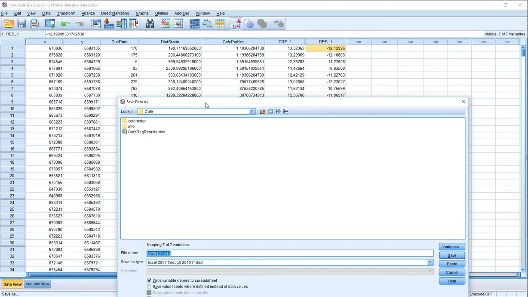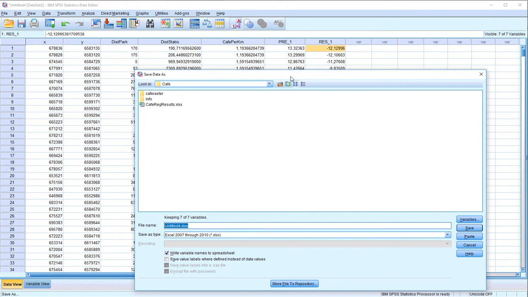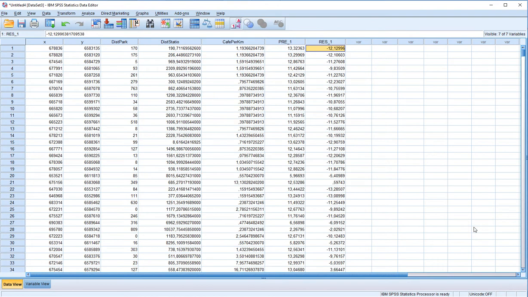If you're using dBase format, you could probably store more information, but it usually becomes problematic when you've got string variables and some other kinds of things. So I'm going to write regression results, and I'm going to save it. And it's already done. So in the next step,